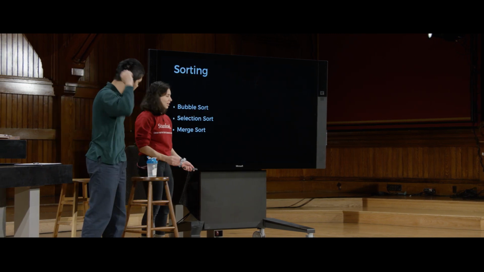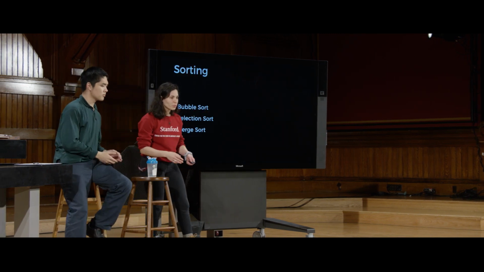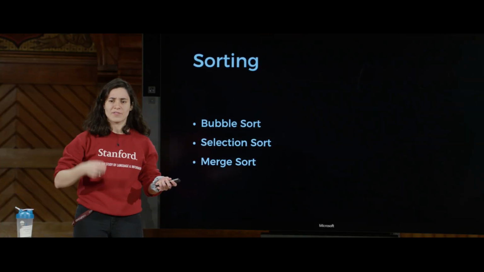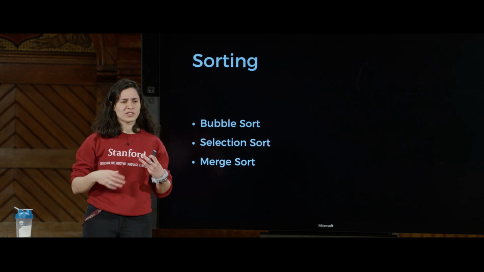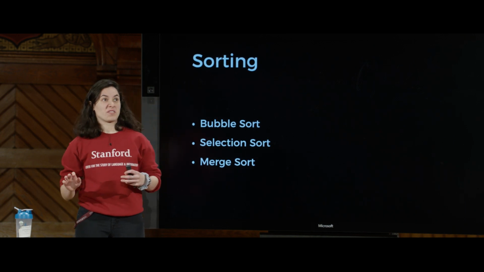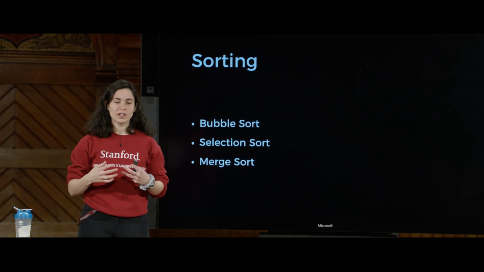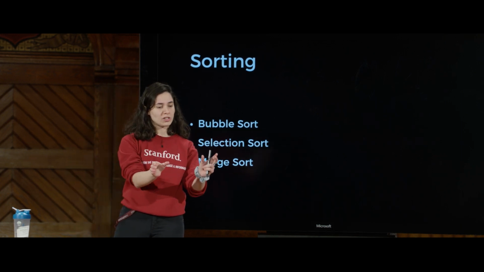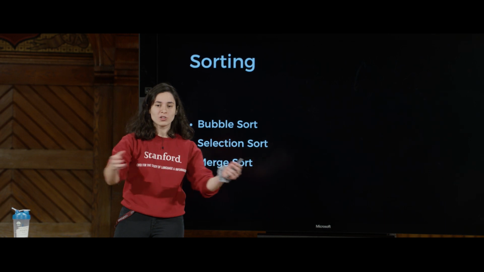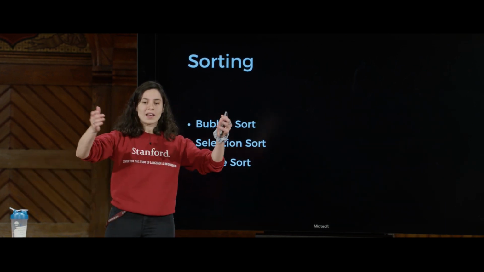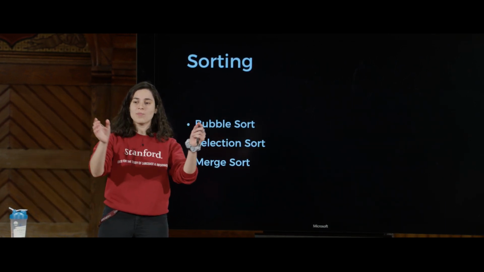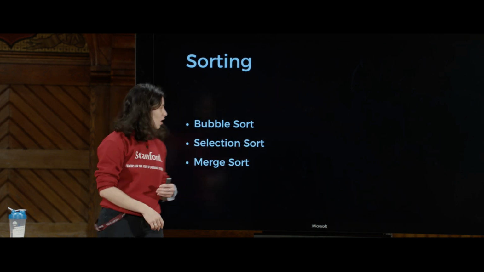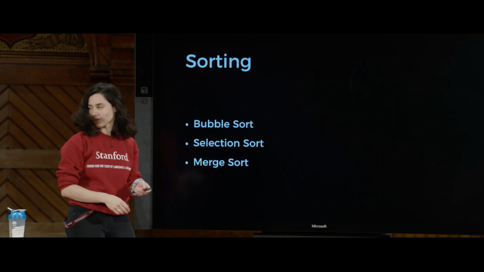Right. And finally, the last one was merge sort. So merge sort was this idea where you started with something that was unsorted and you broke that problem in half again and again and again. You're breaking the problem in half again and again until you end up with smaller units, usually each one of 1 unit, and then you start recomposing them. And as you recompose at every step, you are ending up with something that is more sorted than what it used to be. So if we visualize this again,